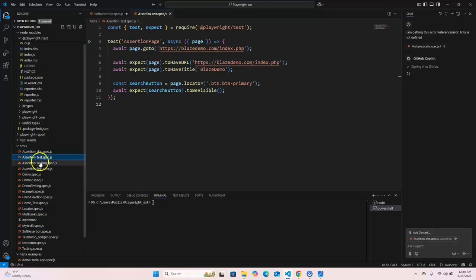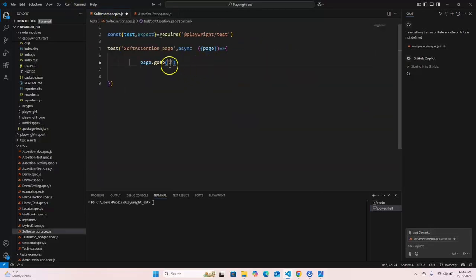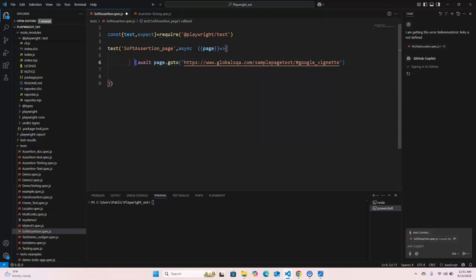So not this one. I'm just using this application URL, Control C, and paste it here, Control V. Now use the await keyword to wait for the promise, and this is basically navigating to this application. Now I'm going to validate. For that